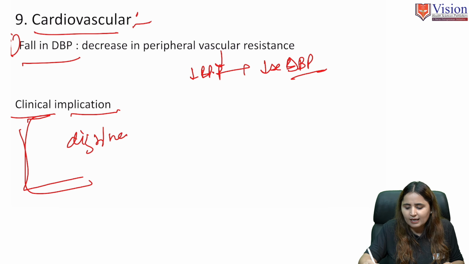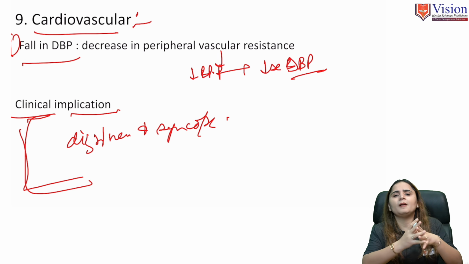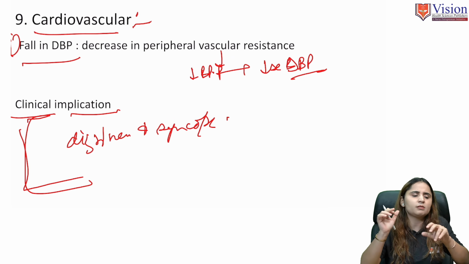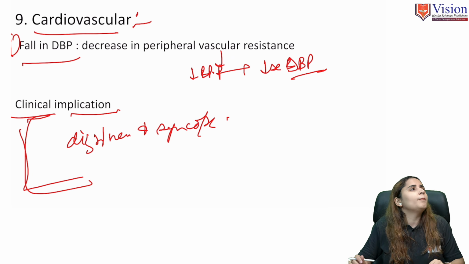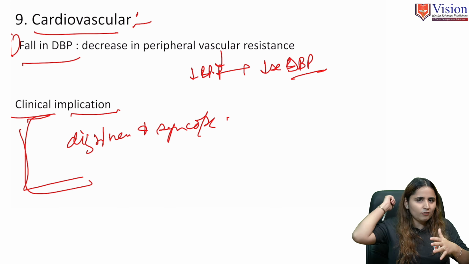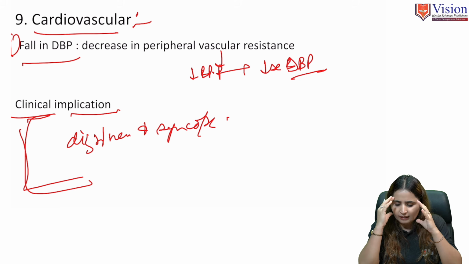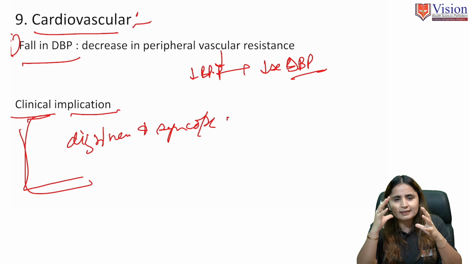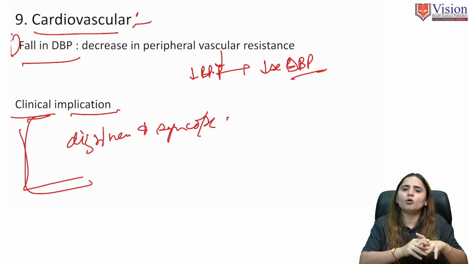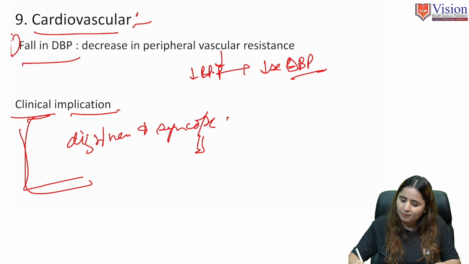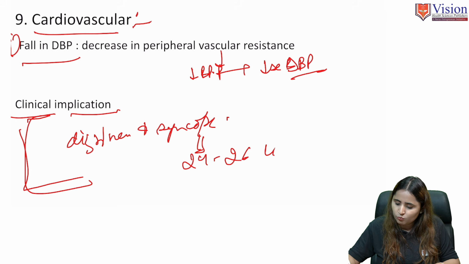She will say, and it is not that supine hypertension I'm talking about, simply maybe the pregnant mother will say that I was doing nothing, maybe she was sitting in front of the laptop, or simply sitting on the bed and combing her hair, and suddenly she starts feeling dizziness and lightheadedness. This all happens due to the decrease in the blood pressure, and it usually happens in the 24 to 26 weeks of pregnancy.